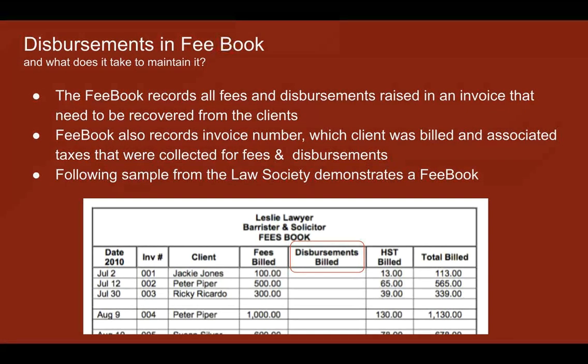Similarly, we have fee book with invoice numbers. So you can check which invoice was it, and you also have the fees and disbursements associated with whichever matter and the taxes and the amount before and after taxes.